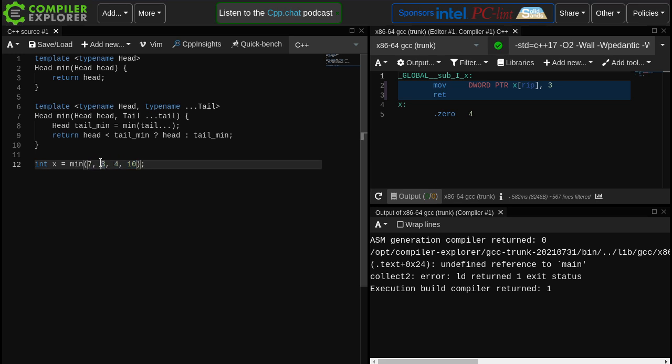And then in the final step, when we unwind everything, the minimum of the tail is the minimum of 3, 4, and 10, so that's 3, and we pick the lower value of 7 and 3. And so ultimately, here you can see that,